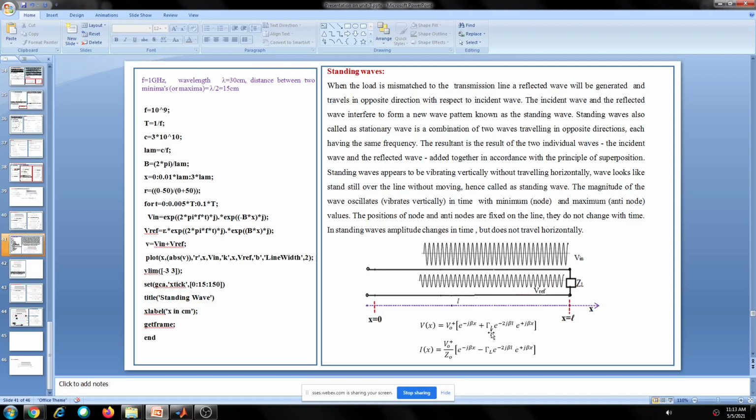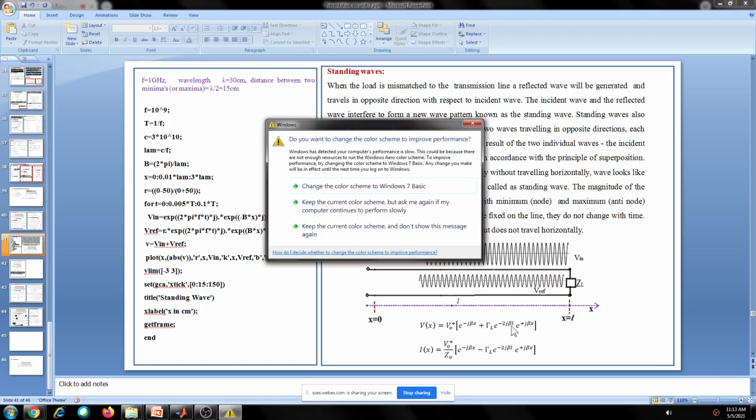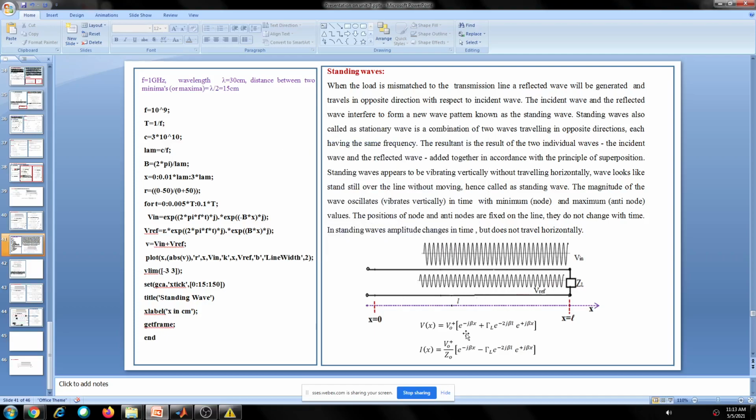Again, tau l depends upon zl minus z0. That is, it depends upon the load zl and the characteristic impedance of the transmission line. So the amplitude of this reflected wave depends upon this. Okay, it is not equal to 1. Here is the incident wave; assume its amplitude is equal to 1, but this factor is common for both terms, the incident wave and the reflected wave, so you can leave this. Assuming the amplitude is 1, the reflected wave amplitude depends upon zl and z0, and the phase depends again upon zl and z0, and also on the length of the line.